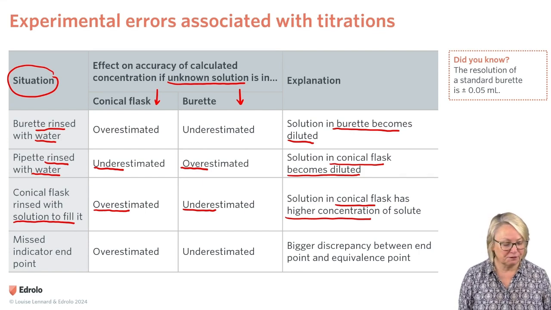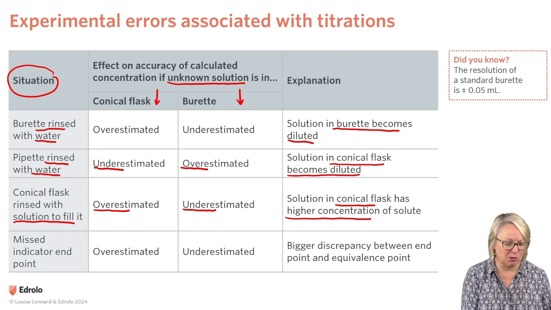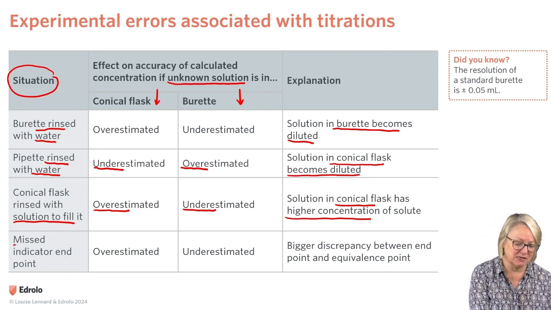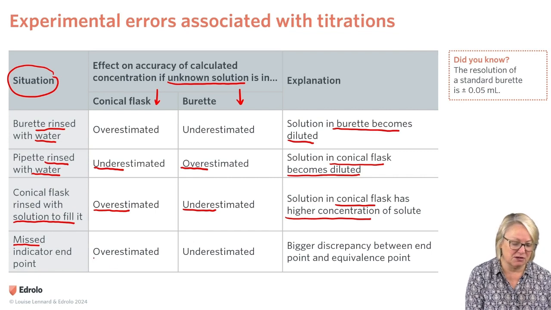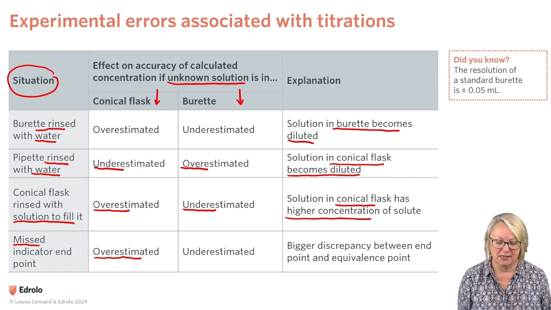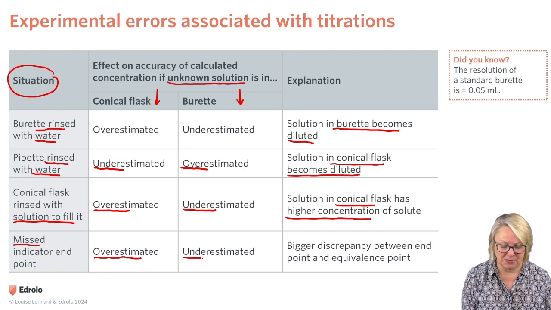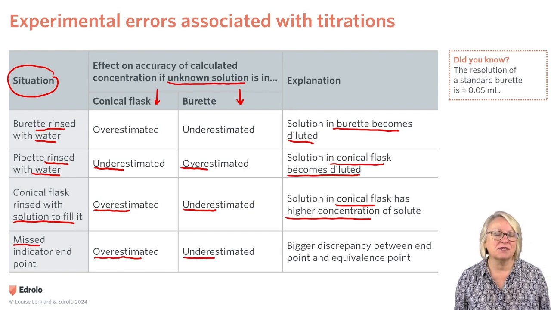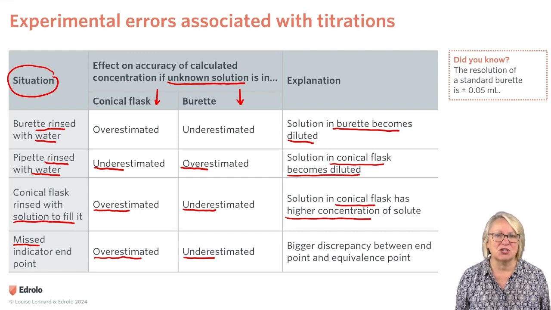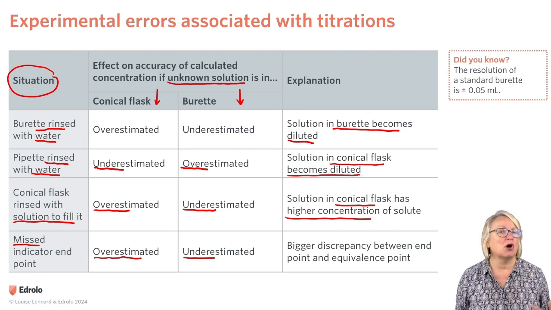the aliquot. The correct technique is to stop the titration at the first permanent colour change at the endpoint, but if the endpoint is missed, then if the unknown is in the conical flask, you'll lead to an overestimation of the concentration. Or if the unknown is in the burette, it will lead to an underestimation. So it's important to repeat the titration several times to get concordant readings where you don't miss the endpoint, that you don't overshoot,